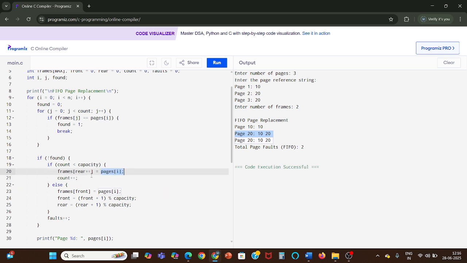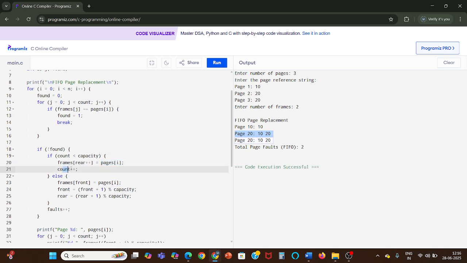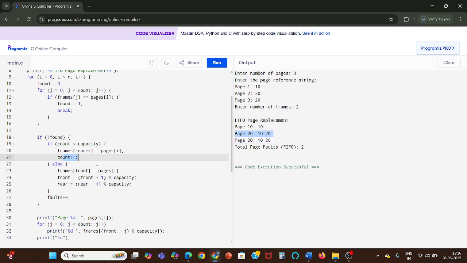Page 10 is already there, so we add page 20 and increment the position, and the count also should be incremented. Rear is for incrementing the position, count is for keeping a count of the number of pages in the frame. If the page is not found, we are putting it there.